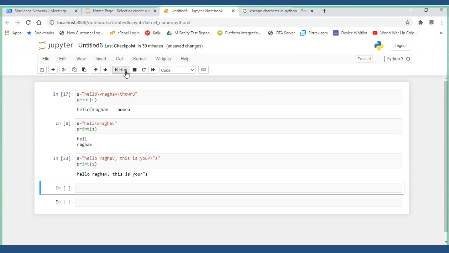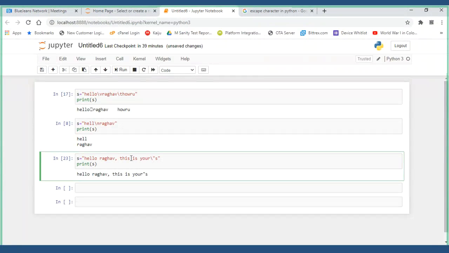Just remember, for any escape character, we use it for ignoring the special characters or making room for a new line or tab space. So in case I have, let me give it here: 1 2 3 4, 1 2 3 4, 1 2 3 4.